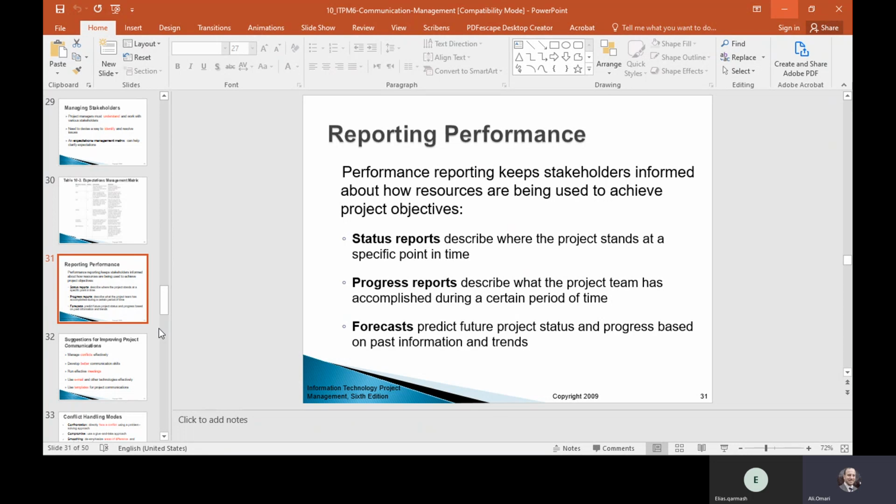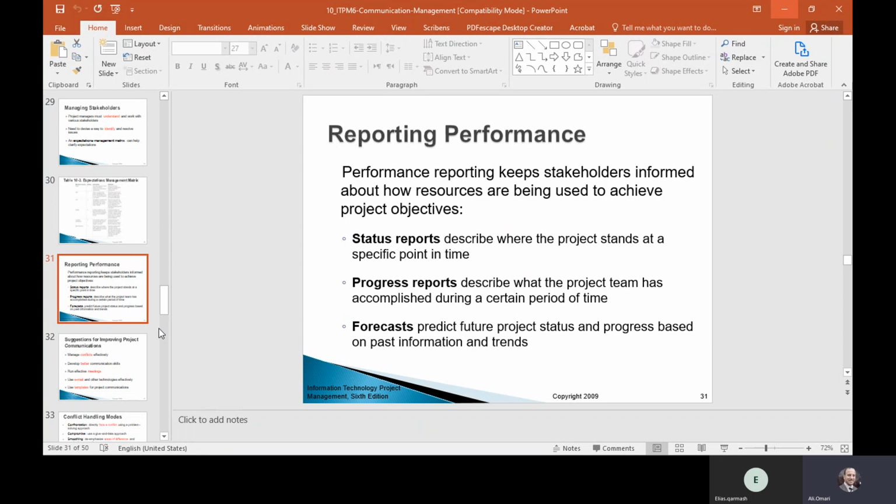And at this time, the project is standing as follows, and this is the problem, this is the issue. So you have to provide the status report, and the progress report describes what the project team has accomplished so far, based on a certain period of time.